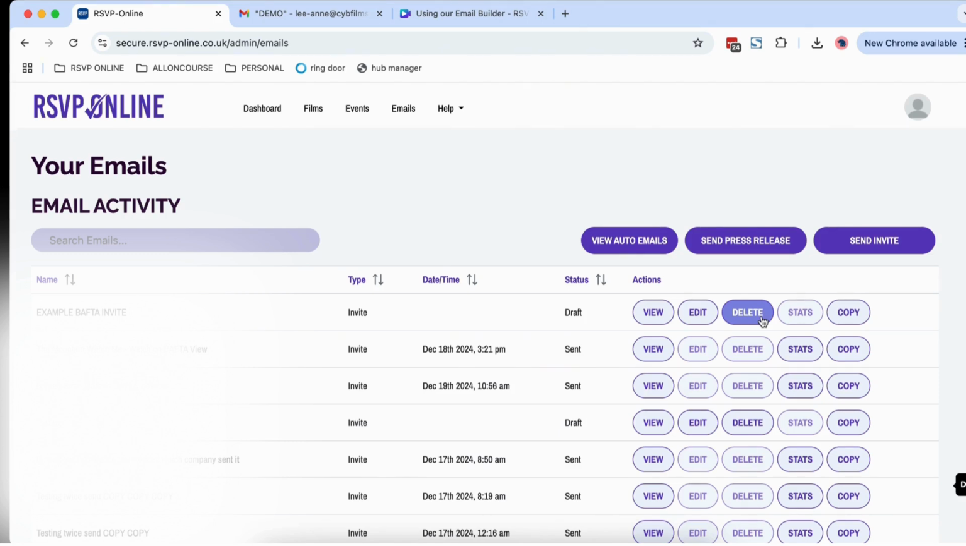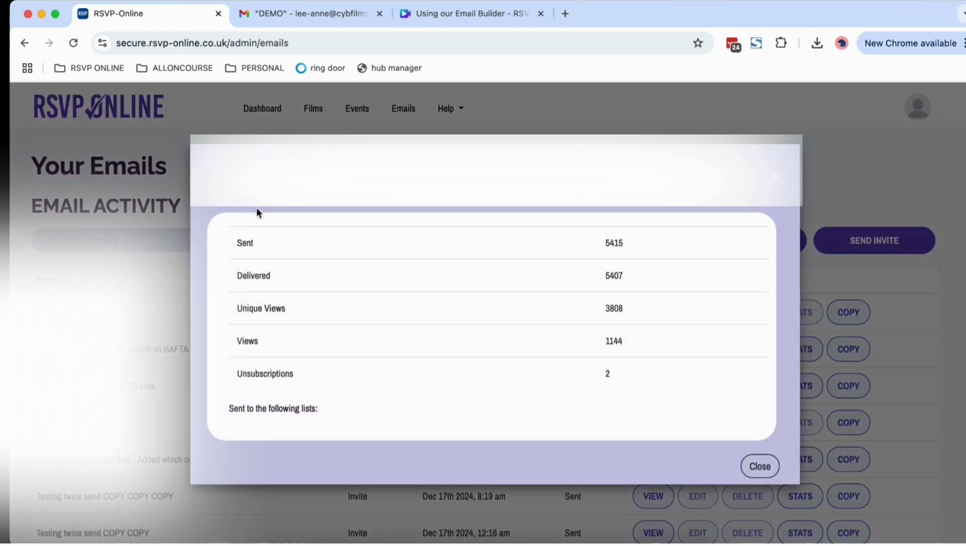delete button, and this keeps your email dashboard really nice and tidy. Next to that, we have your stats. At the moment, it's grayed out because this is a draft email, so there are no sending stats for us to look at yet. But on any sent emails, if we click the stats button here, we can see how